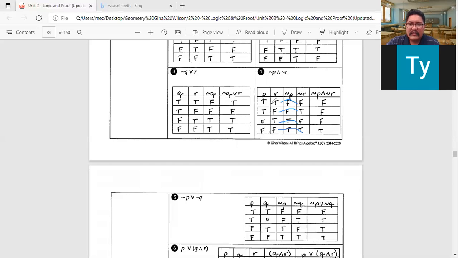So again, switch all of them. If it was true, now it's false. If it was false, now it's true. So that's all that's happening, we're just switching them. And for this one, we do need the negation for both of them, so that's why we have a whole extra column of writing stuff. All right, now that we have the negation of P and the negation of